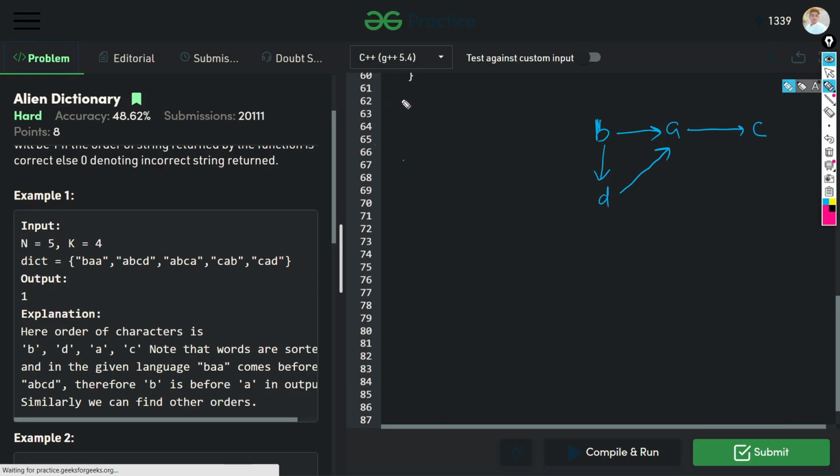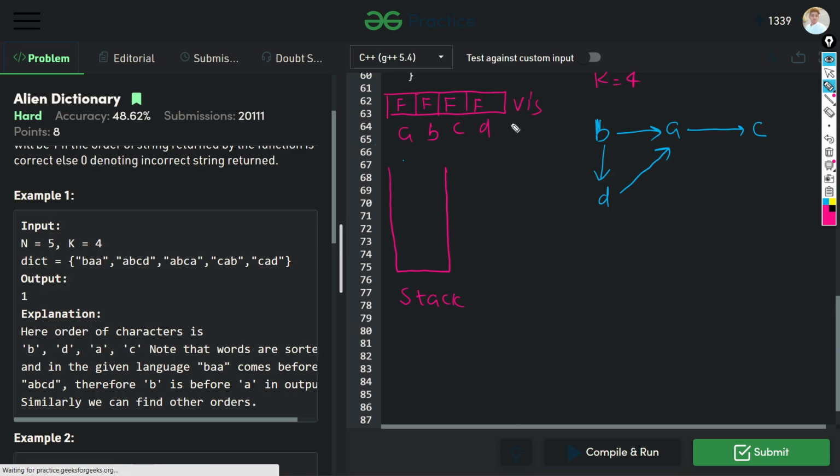Okay, let's take a visited array in which we record whether a particular character has already been visited or not, and here the K value will be 4, so we take the first four alphabetical characters: A B C D. And we know that in the topological sort we take a stack to store the ordering of the nodes. Okay, and in the starting, the visited array we fill with false values because they are not yet visited.